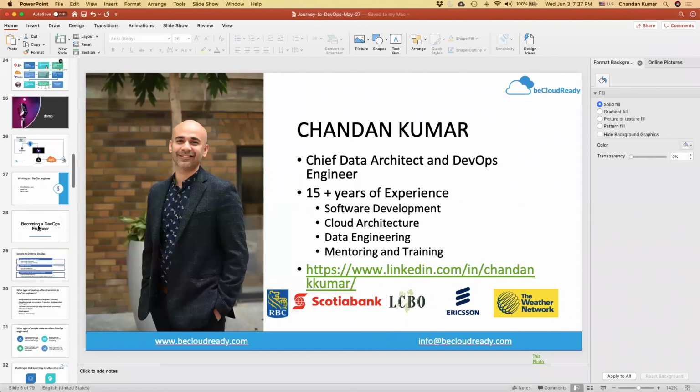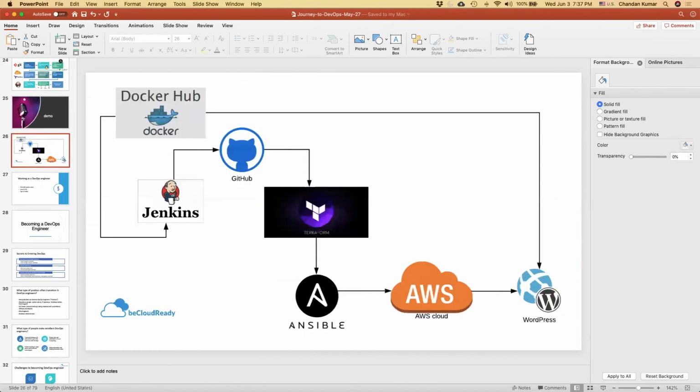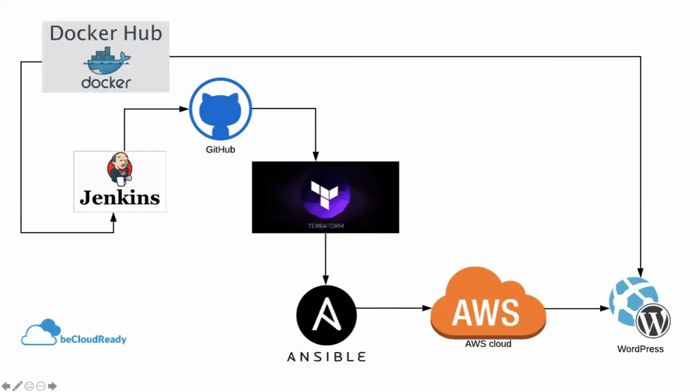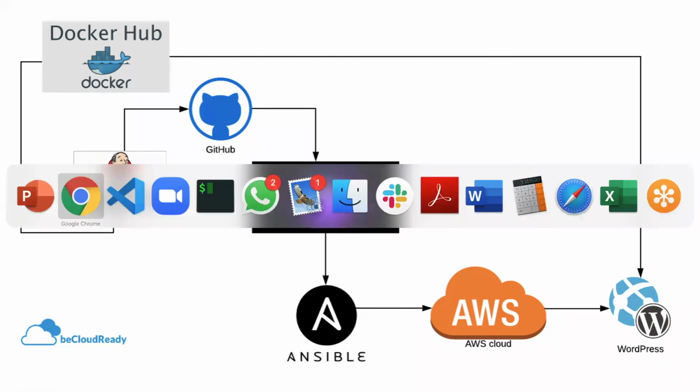So let me quickly show you the architecture. Yes, this is the architecture. This is what we are trying to do. We have a Jenkins server running, which is the orchestration. And then I'm pulling the code. The orchestration code is sitting on GitHub. GitHub is a repository system. You pull the code, and that code has Terraform code. The GitHub repository has Ansible code, and it creates the infrastructure in AWS. It basically creates a virtual machine.